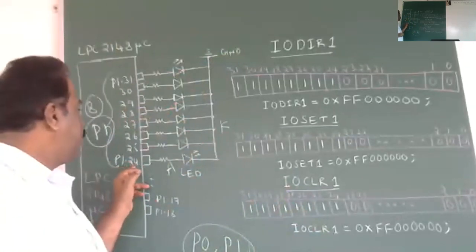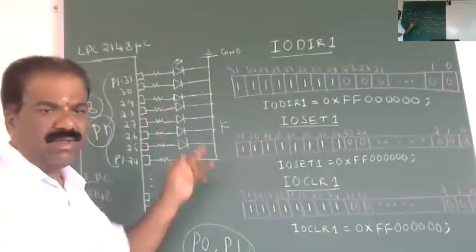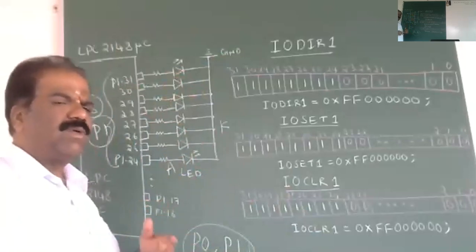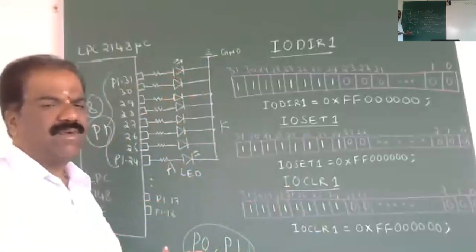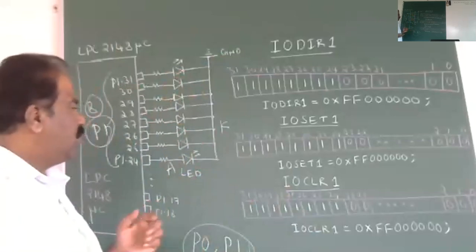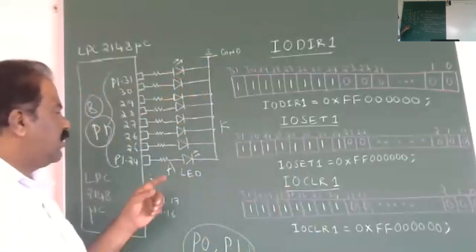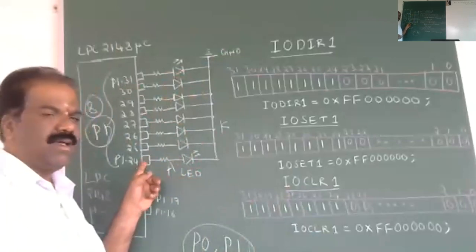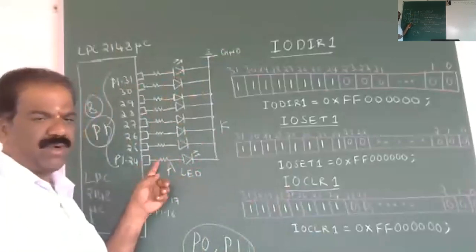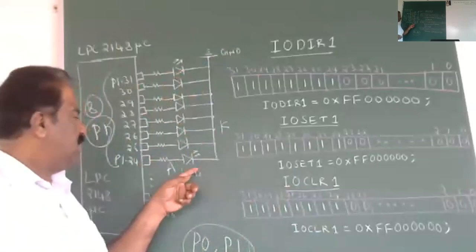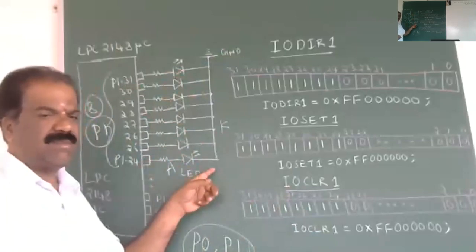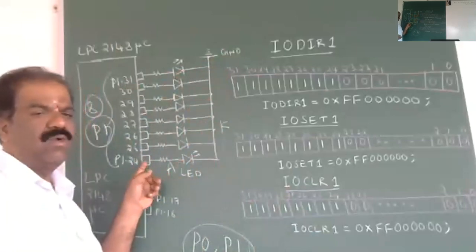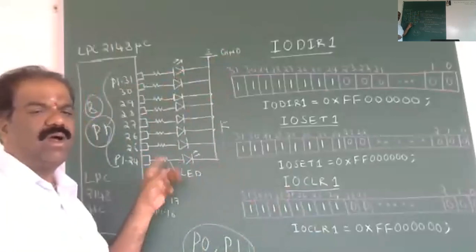According to this board, they used port 1, and under port 1, from P1.24 to P1.31, we have 8 LEDs. Therefore, we can develop different programs. Now, if you want to make an LED on, you have to make it high, because the anode potential must be greater than the cathode potential. That is, the anode must be high and the cathode low. The cathode is already connected to ground, so you just have to make the pin high or low from this side. If it is high, the LED is on; if low, off.